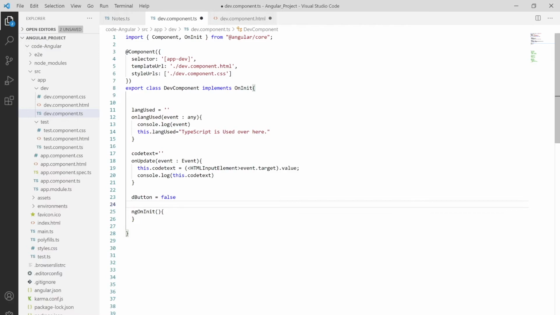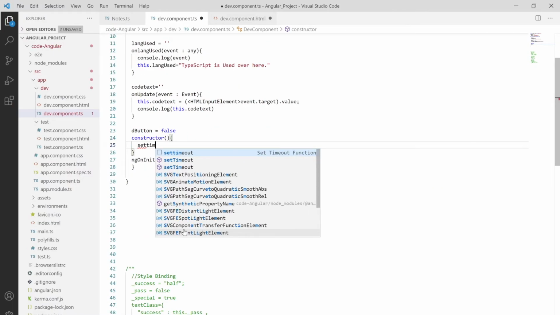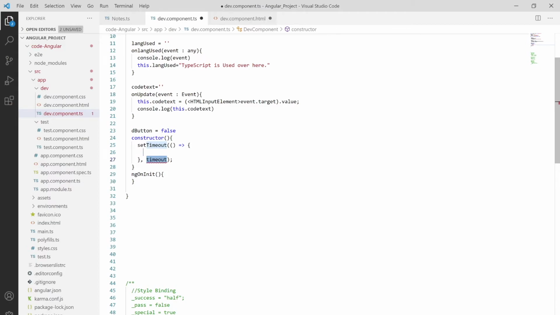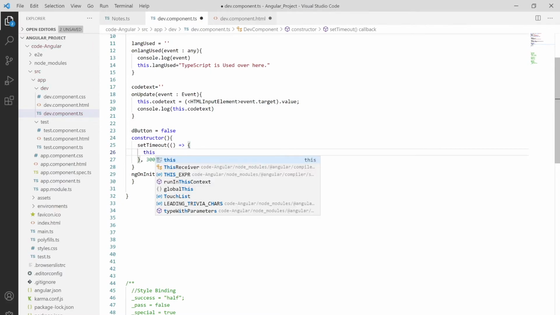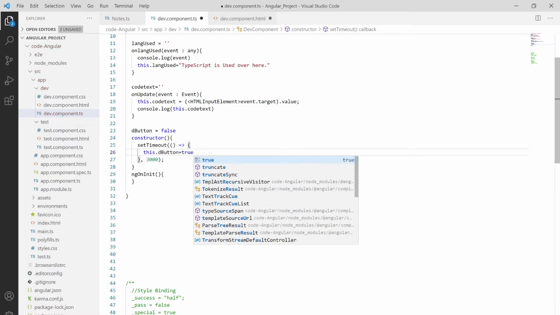And also I'm using a constructor over here. So in the constructor I'm using the set timeout function, and after say 3000 milliseconds, I put this dot D button as true over here.